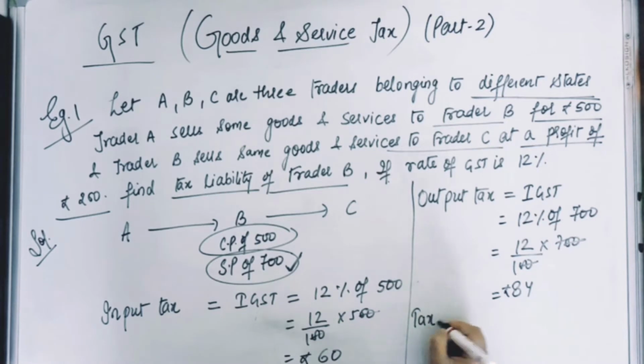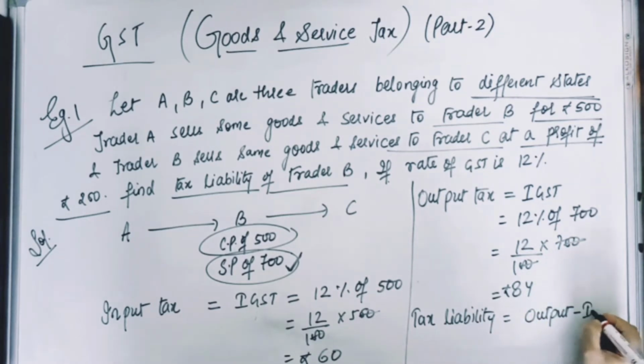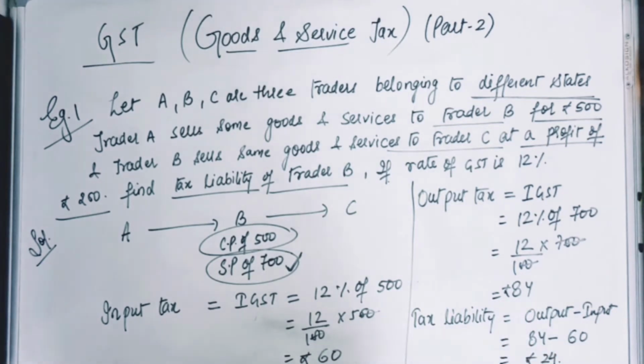Now we have to calculate what? Tax liability. So tax liability will be output tax minus input tax. So output tax is 84 minus input tax is rupees 60. So answer will be what? Rupees 24. So this is how we have to calculate tax liability, and also we have to calculate input tax